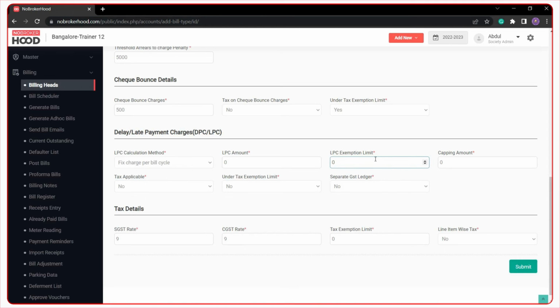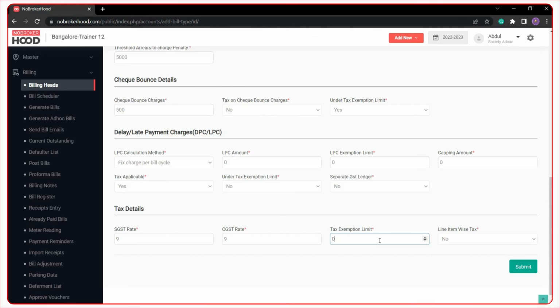Next, tax details. If society wants to apply GST rate on the above interest slabs, they can simply click on yes, so whatever GST is defined over here will be applied to the interest amount as well. And do you want to keep this particular penalty under tax exemption limit? If the interest is applied, then society can choose accordingly.